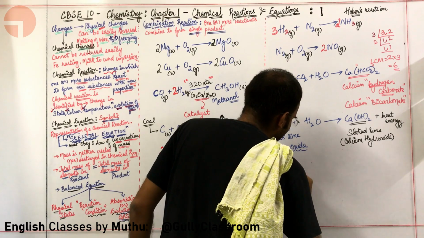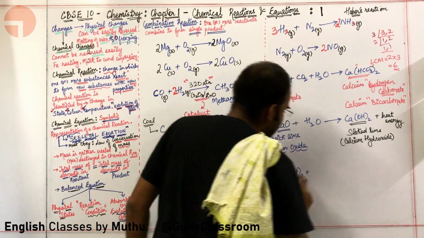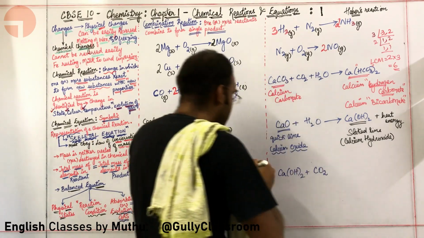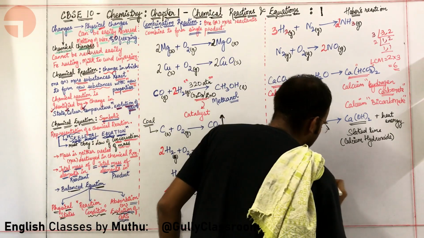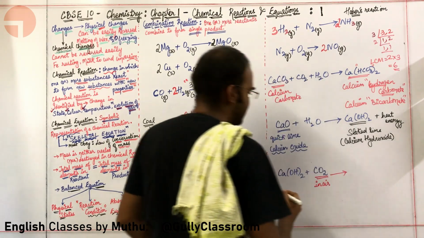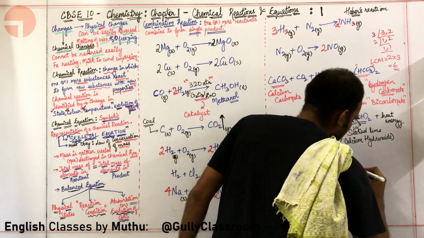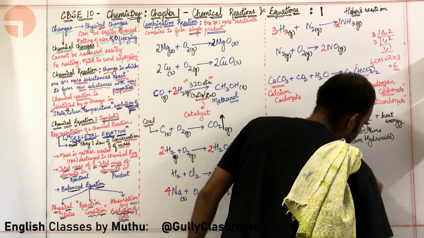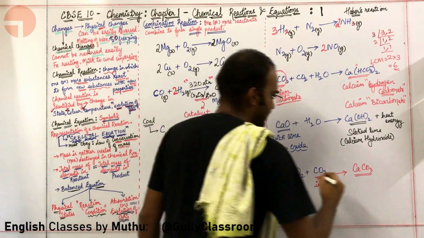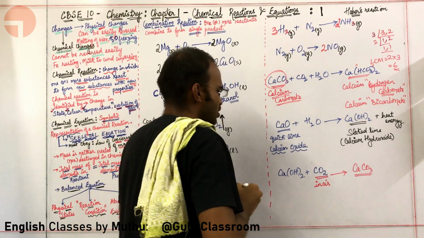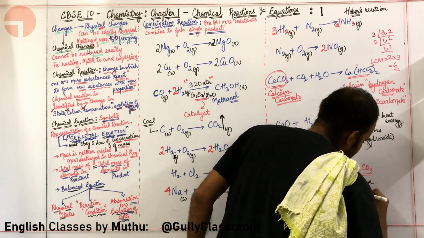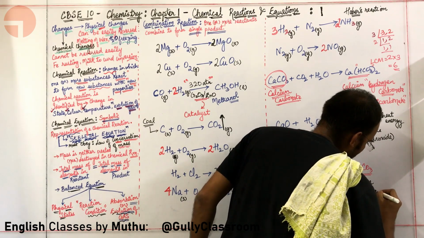It will initially be blue in color, but when Ca(OH)2, once painted on the walls, combines with carbon dioxide which is present in the air, what is happening, sir? Immediately you are forming CaCO3. What is CaCO3? CaCO3 is calcium carbonate. What is the nature of CaCO3 or calcium carbonate? Calcium carbonate is shiny white in color.